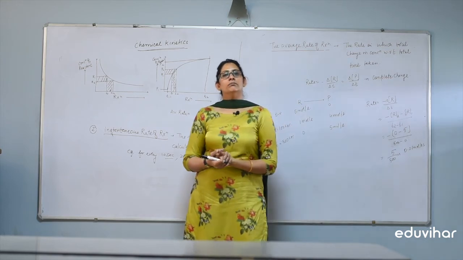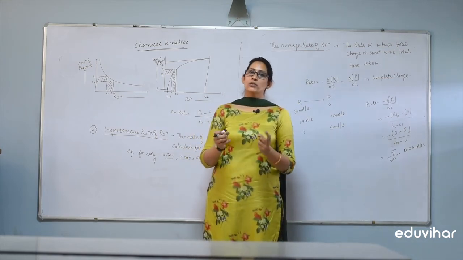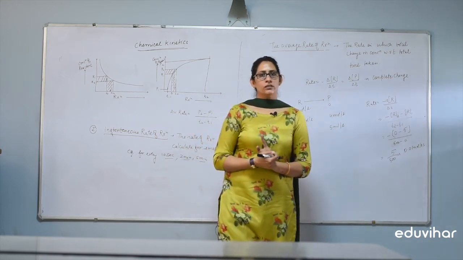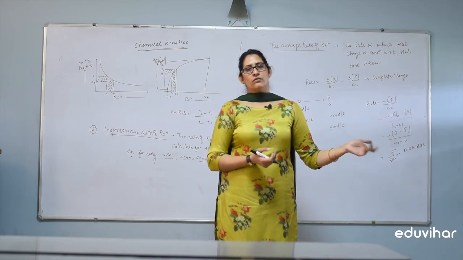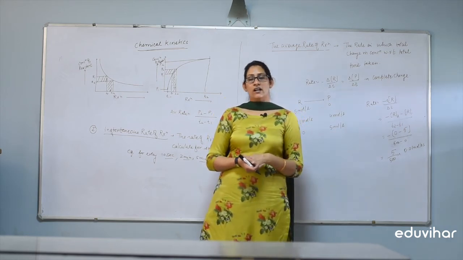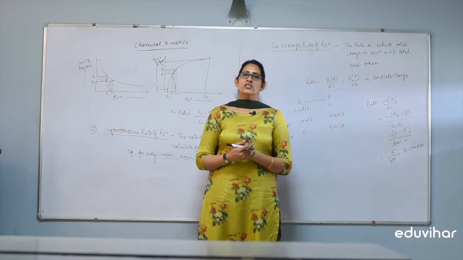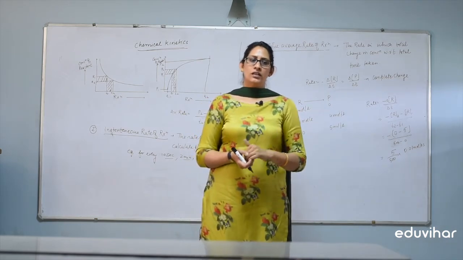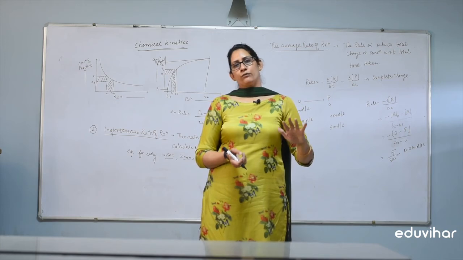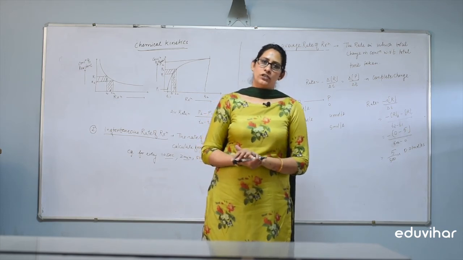Whenever we take a simple reaction, meaning there is only one stoichiometric coefficient, we can write down the rate of reaction easily in terms of reactant and product. Whenever we have any reaction which contains stoichiometric coefficients, when we find the rate of reaction, we divide the rate by the stoichiometric coefficient.